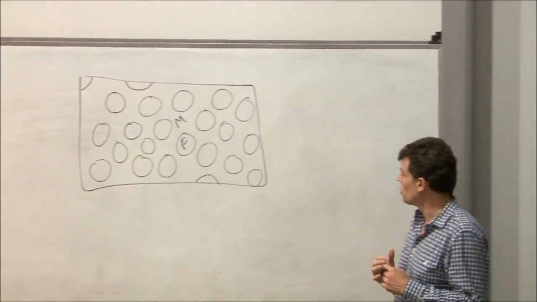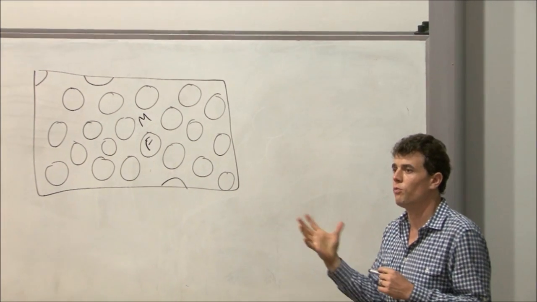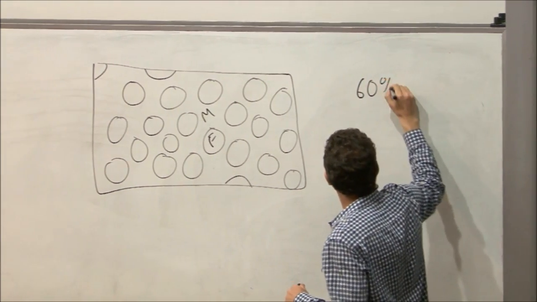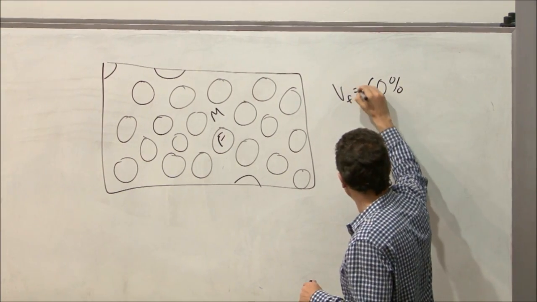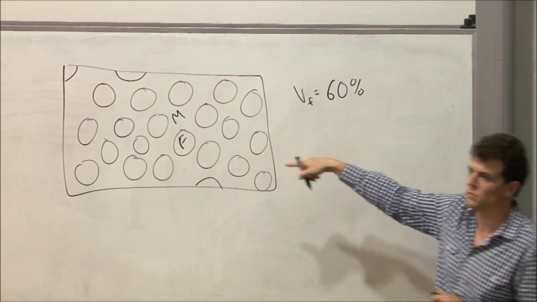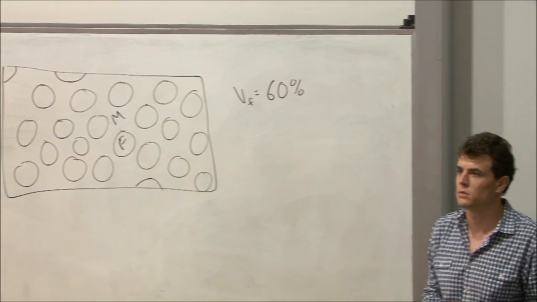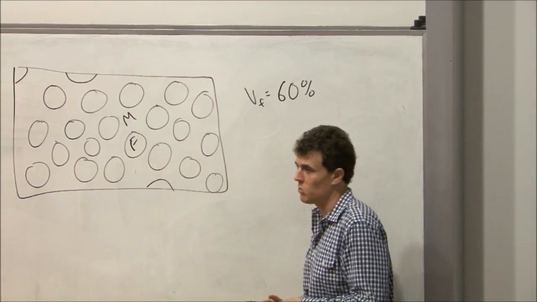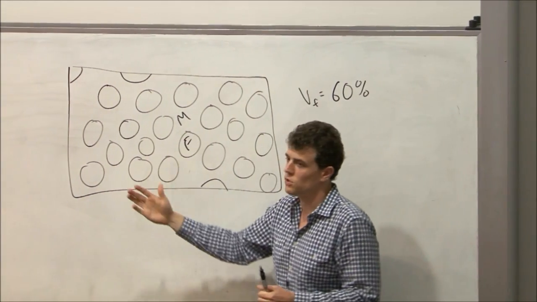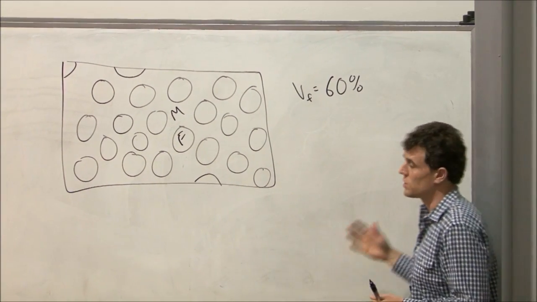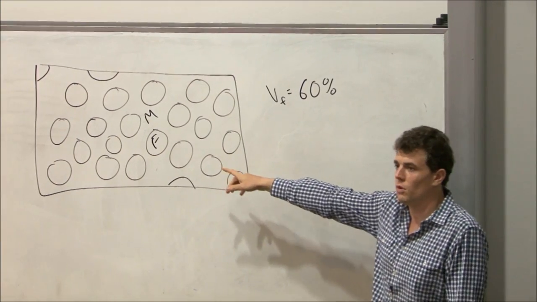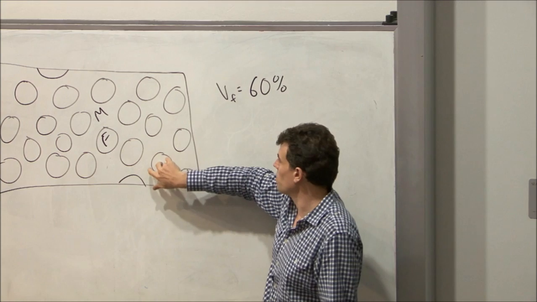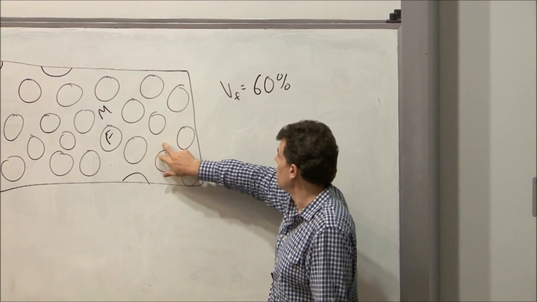If I told you that the volume fraction of fibres was 60%, what fraction of area on this slice would be fibre? 60%, yeah. So the area fraction and the volume fraction are the same thing. So when we measure these quantities, we tend to measure them with a microscope. We actually take a specimen, cut it, polish it, and measure the area percentage of fibre and